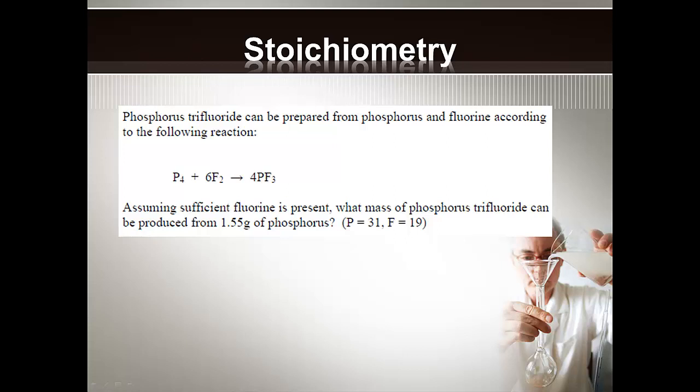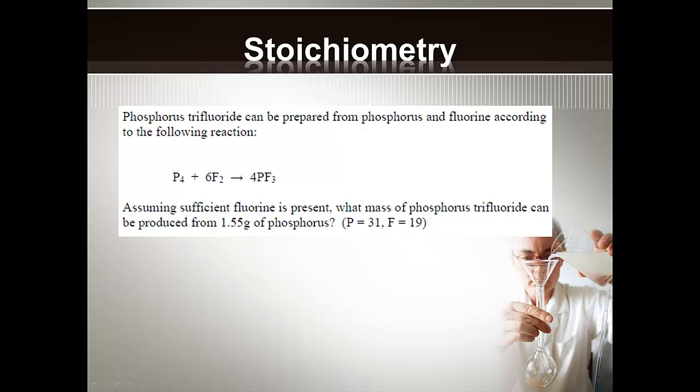Sometimes you just take more objects to make less objects. It happens. Okay? So, assuming that sufficient fluorine is present, what mass of phosphorus trifluoride can be produced from 1.55 grams of phosphorus? Now this is a little bit more of an advanced example. This is where it starts to get exciting. So if we've got 1.55 grams of phosphorus,